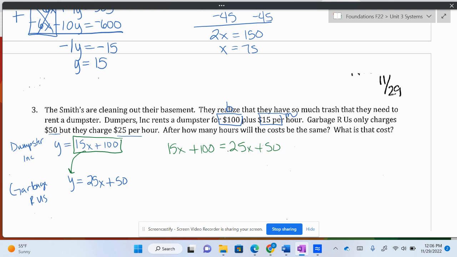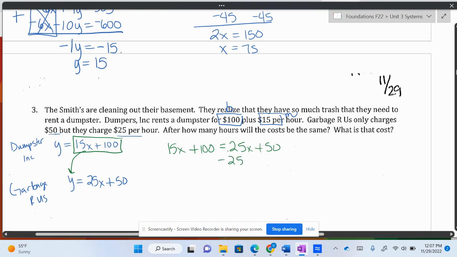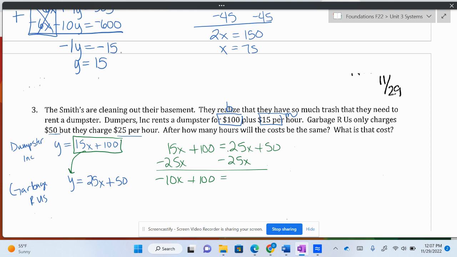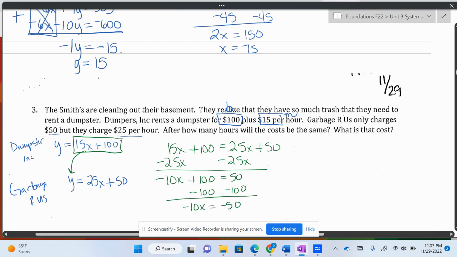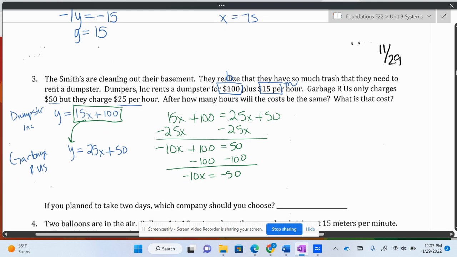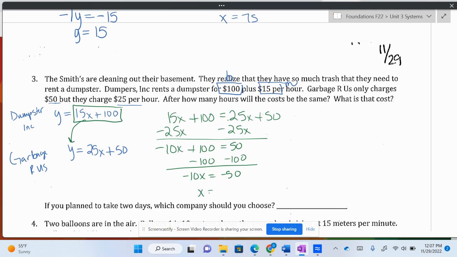So what do you want to do? Do you want to subtract the x? Do you want to subtract the 50, subtract hundreds? Someone tell me what you want to do. So minus 25 on both sides, minus 25x. So when I do that, I have negative 10x plus 100 equals 50. Next step. Good job, minus 100 on both sides. So negative 10x equals negative 50. When I divide both sides by negative 10, I find out that x equals